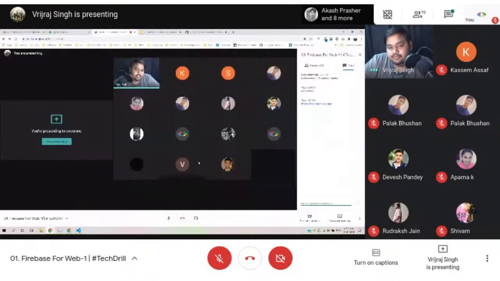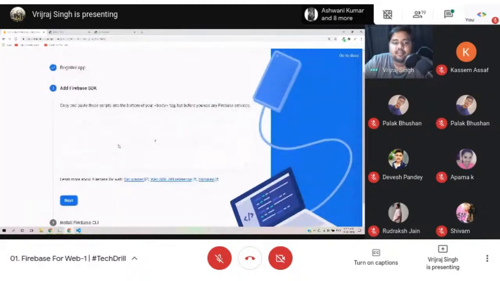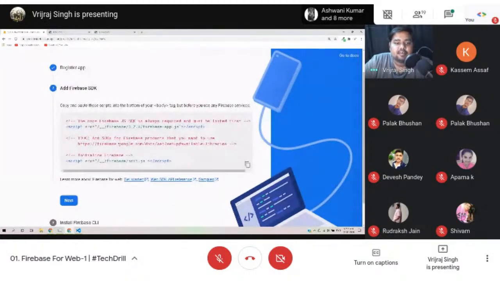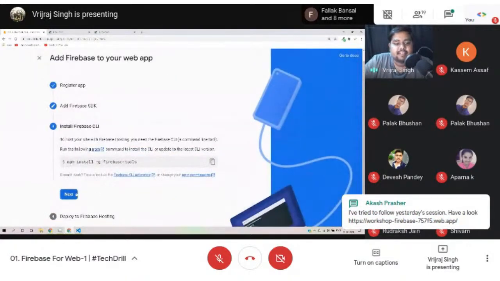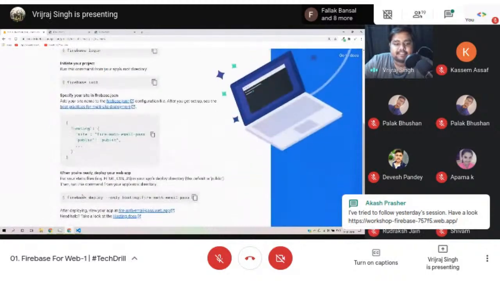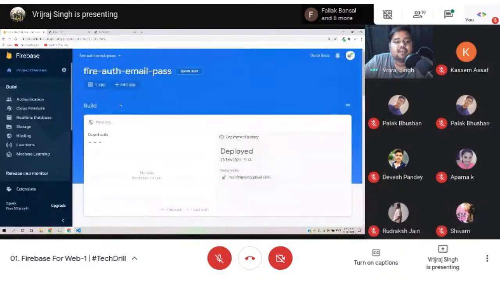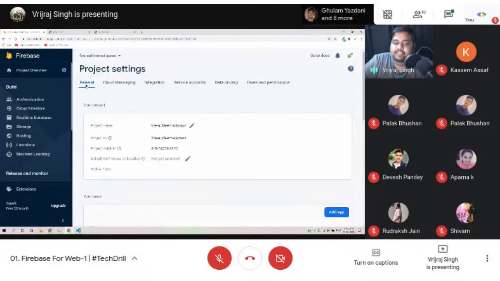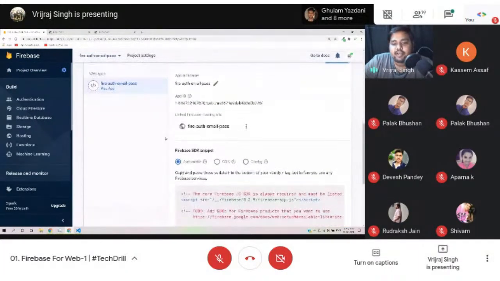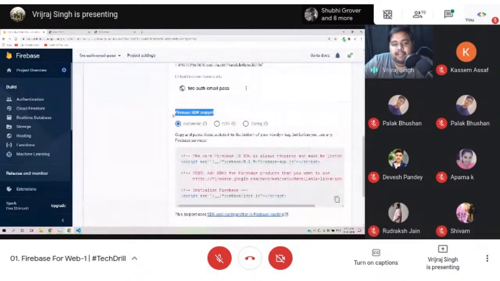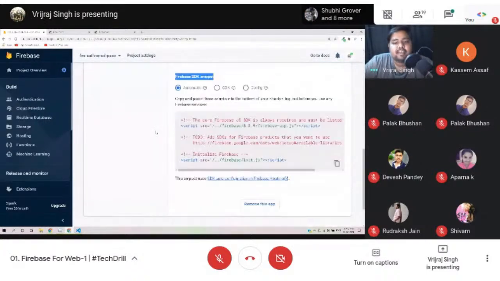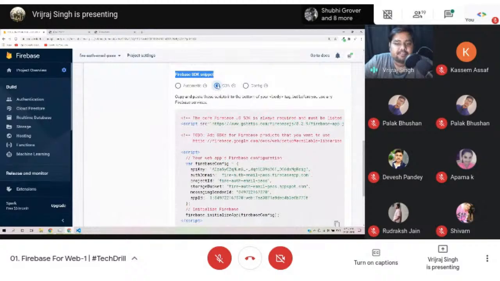Okay, so click on next, and then press next, and next, and then continue. Then you'll need to go to the project settings, this one, and in the general settings tab, just scroll down, and there is a section, Firebase SDK code snippets, and go to the radio button of CDN,